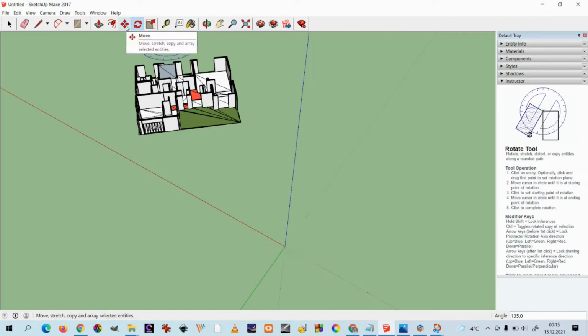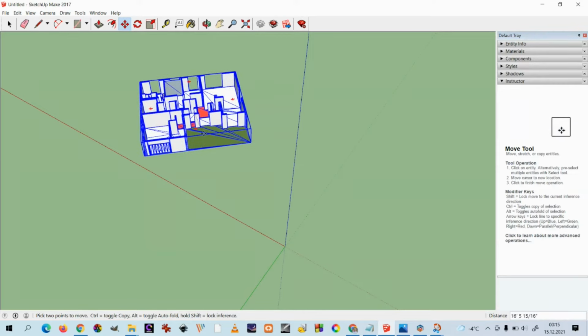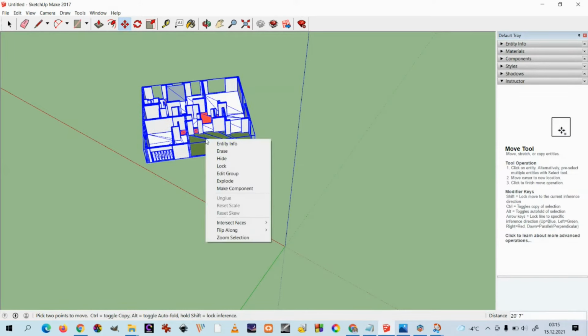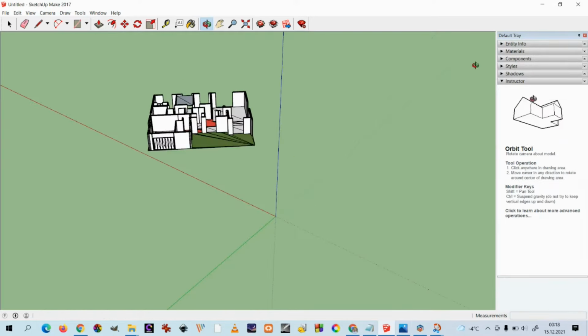We can move our object like this, but we can also use another feature, which is sticking the origin point to our object already. The second way seems to be much more convenient than dragging our object to